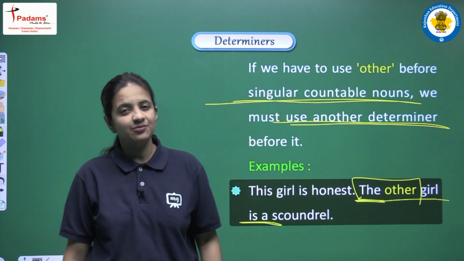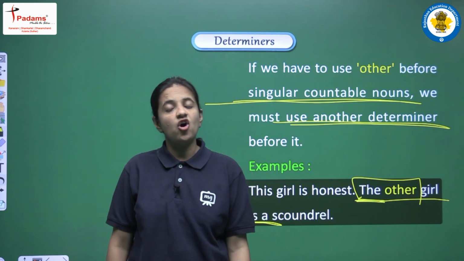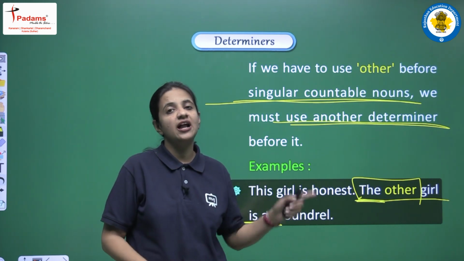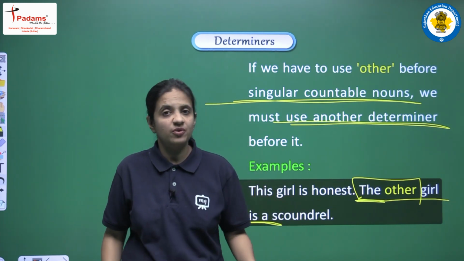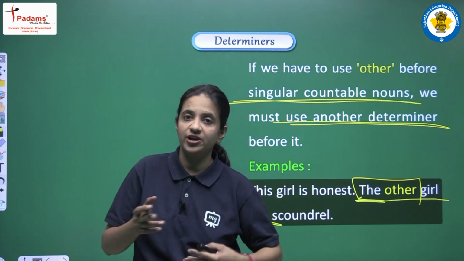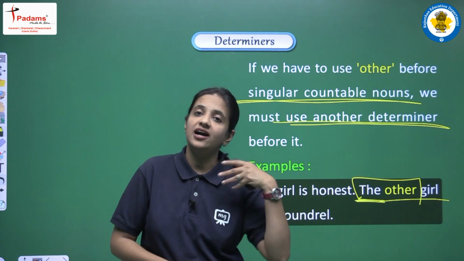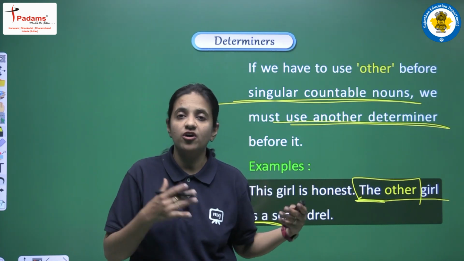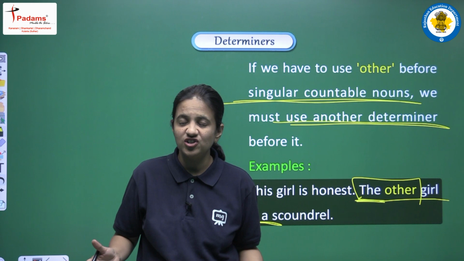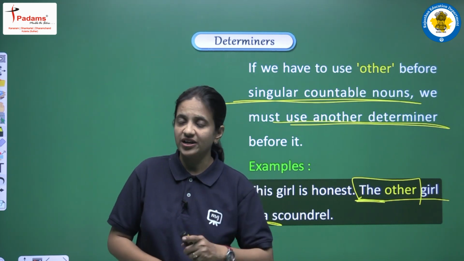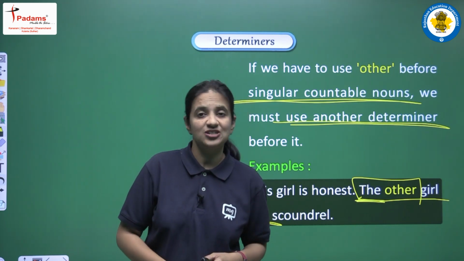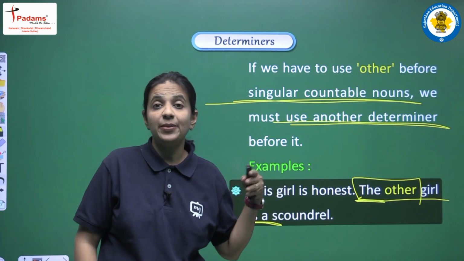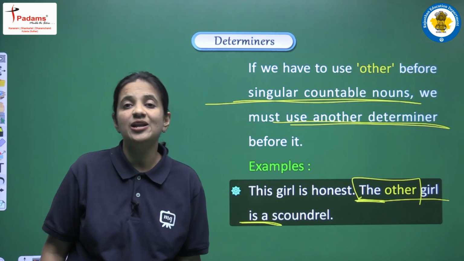These are very particular structures, and you have to learn all of them, because you have to be very careful regarding all these minute details. Determiners are used according to the noun: singular, plural, countable, uncountable. According to that you have to make the structure, and structure is very important when you are using determiners. So learn all this structure very carefully, and observe the pattern in a careful and proper manner.